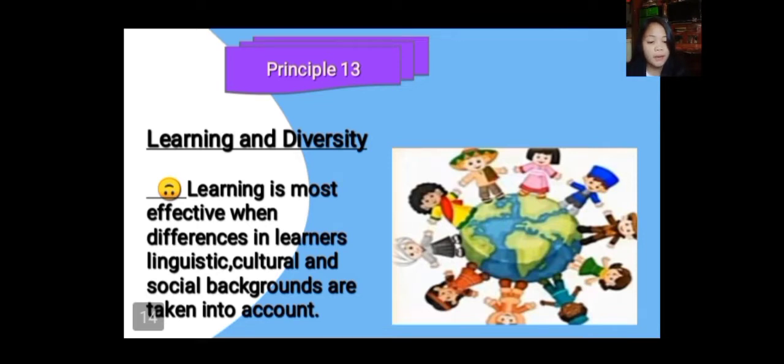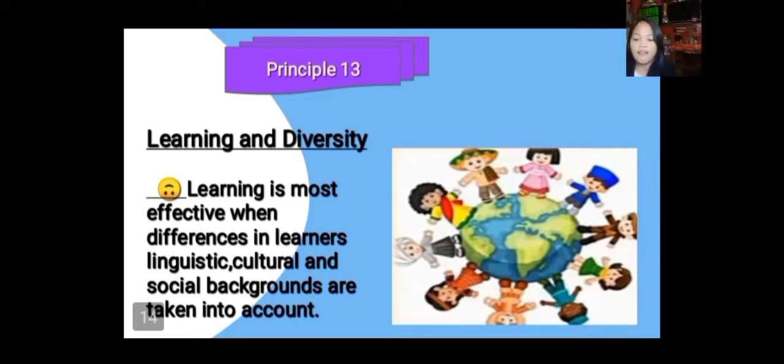Language can be a barrier in learning when learners cannot express themselves properly and when the learning material is not also related to their social context. So, may mga ilan sa mga cases na ganito. Lalong-lalo na language can be a barrier. So, for example, if you talk about the other information about what happened or what are the things in other